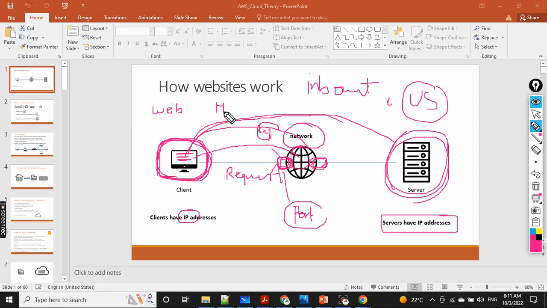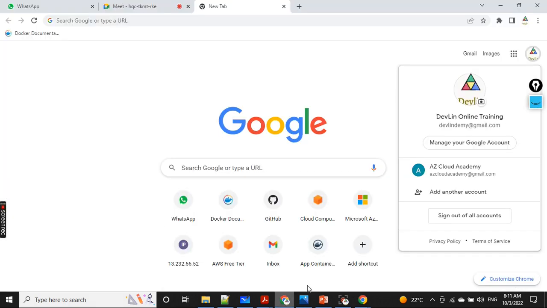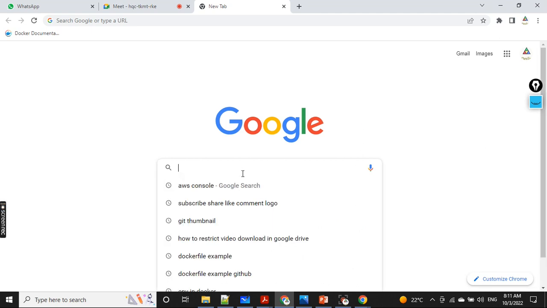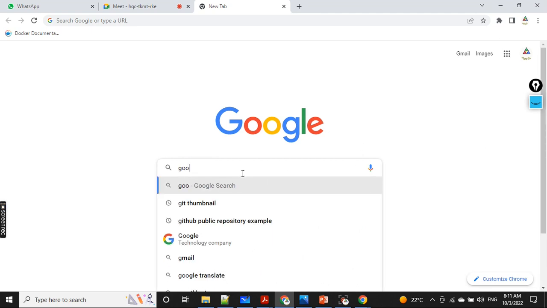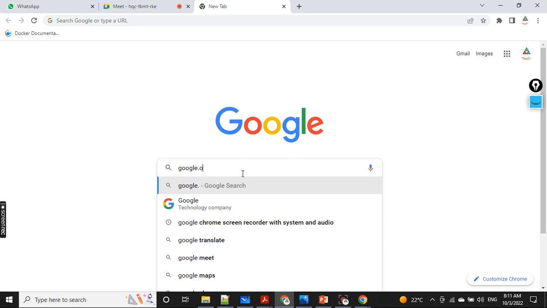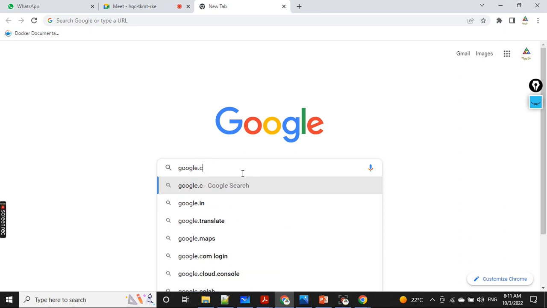So they are providing some HTTP protocol. And whenever we search google.com,